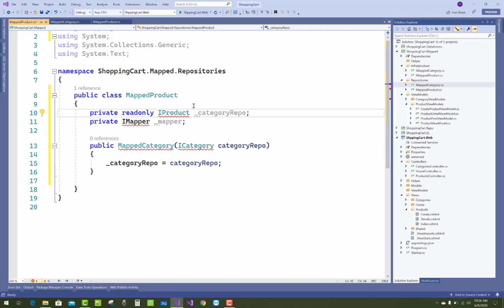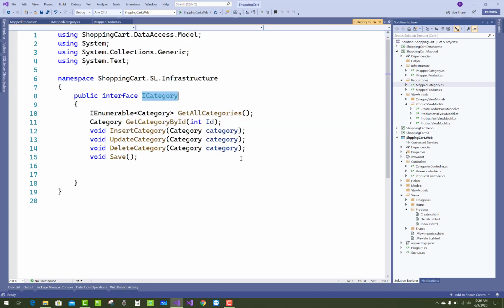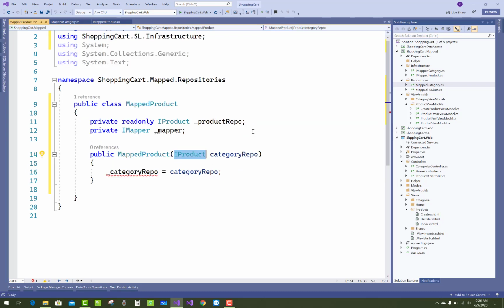Okay, replace the category name with the product name. ICategory, just class of IProduct. Category repo, just add product repo.